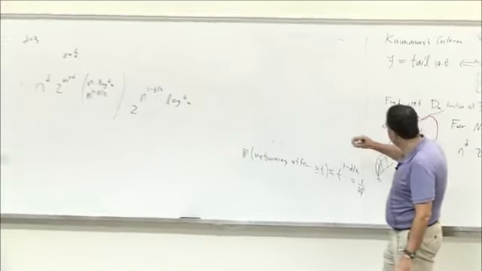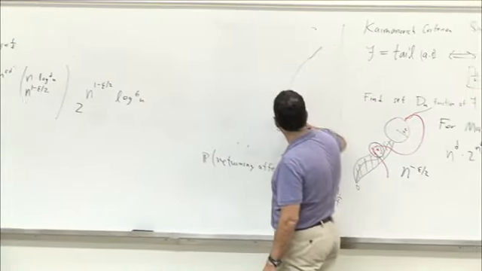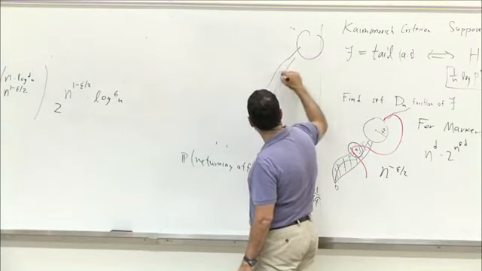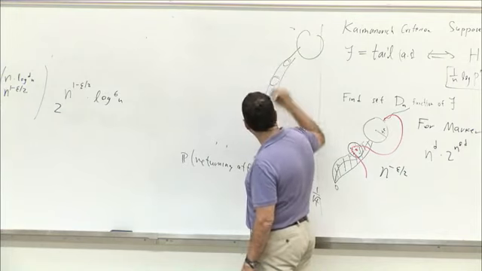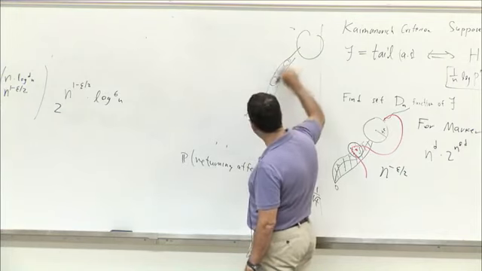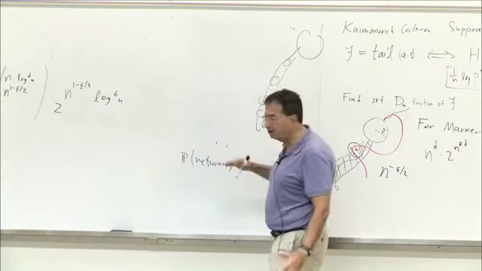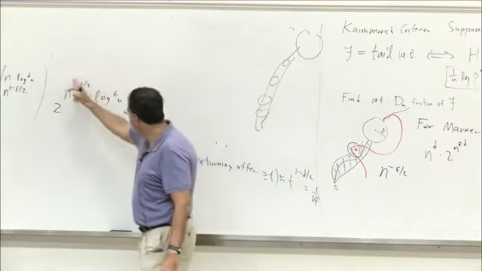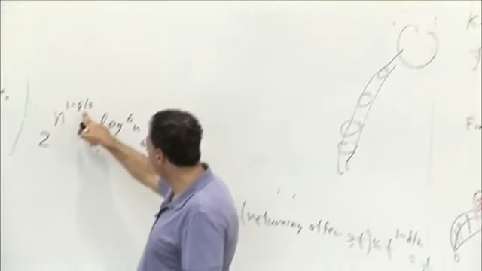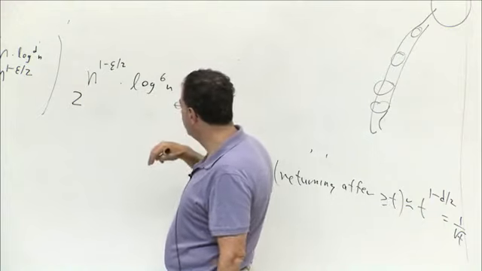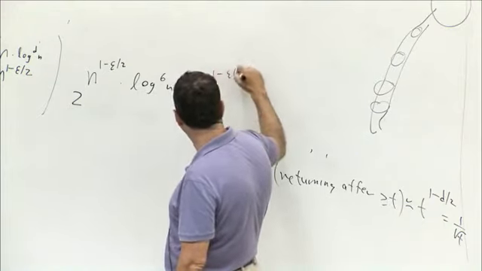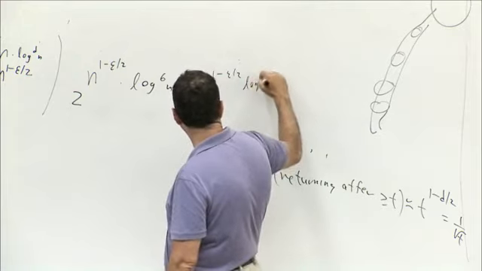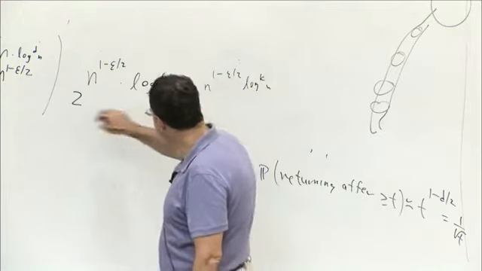So when I remove, I have this jumble, which is before the ball, which is a combination of past and future. I don't know, but when I remove the balls where the possible intersection is, I get components. The number of components is just n to the 1 minus epsilon over 2 times some logarithmic factor. So I'm going to have another factor like this, n to the 1 minus epsilon over 2 times some power of log. But this comes from enumerating over the lamps in the little balls.